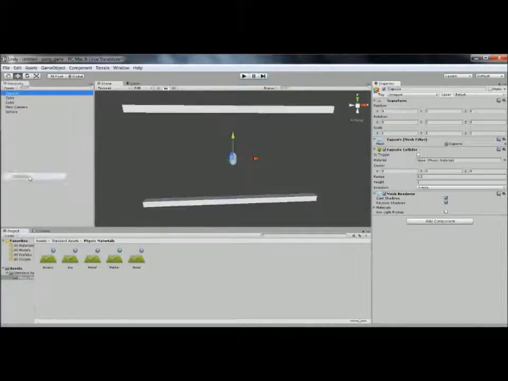Now we're going to click on Create in the Hierarchy again and create a capsule. This is going to be our enemy. It's going to be one of the paddles. This particular one's going to be the enemy. And we're going to set the X position to -15, the X scale to 0.5,